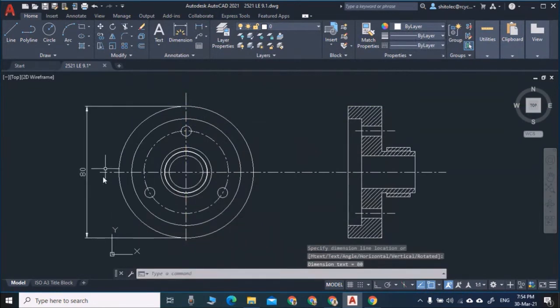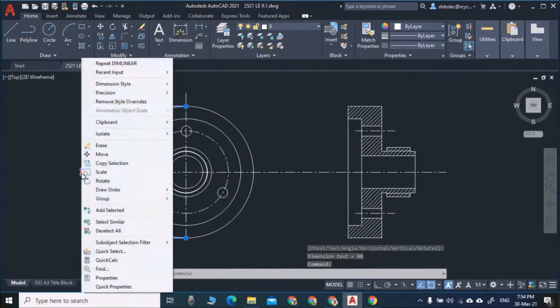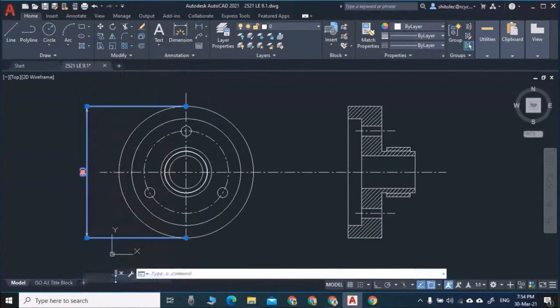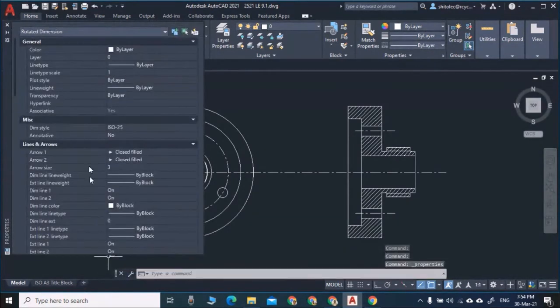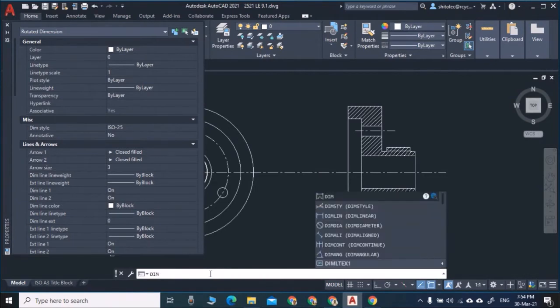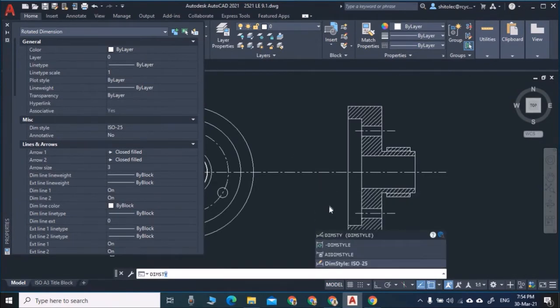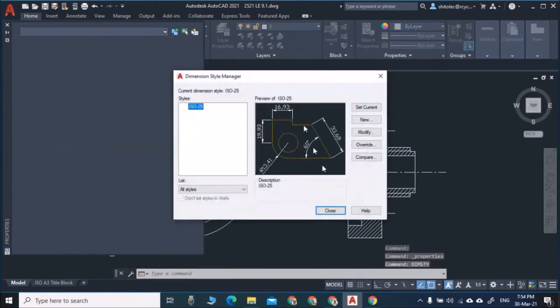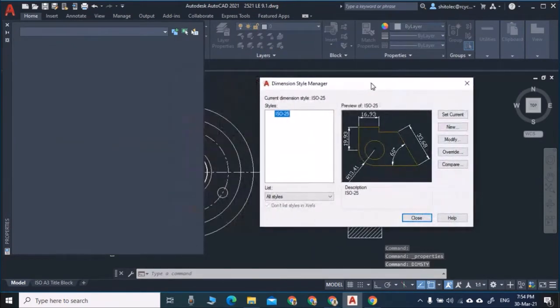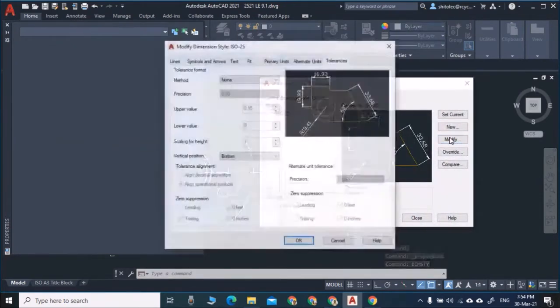Now I need to put the dimension tolerance. So select this, right click, and click on properties. Here you will get the same dimension style window that you get otherwise: DIM STYLE, dimension style, modify.